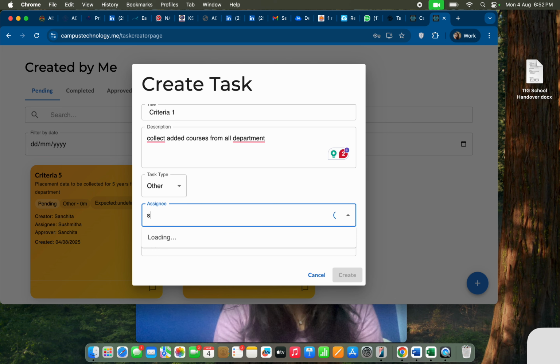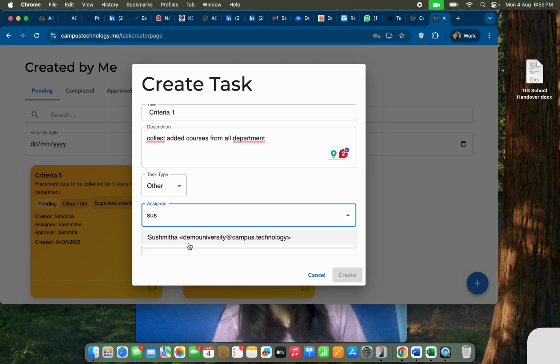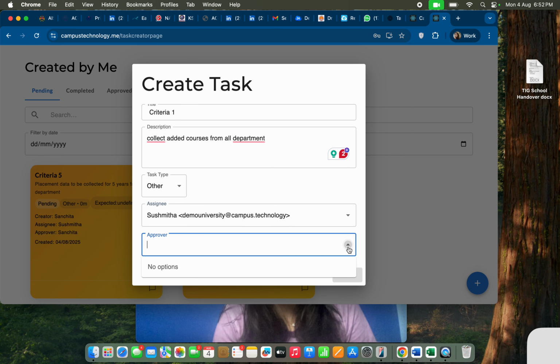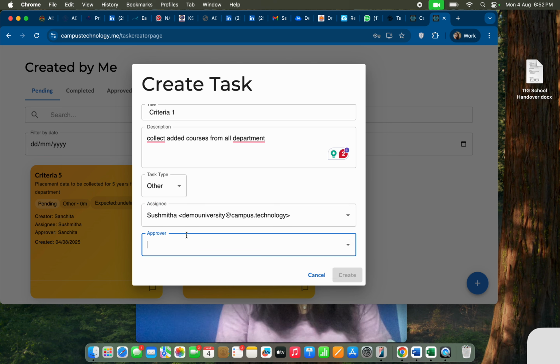For the assignee, it's a demo account, as I have told you. Just give me 1 minute, let me search. Yes, I have somebody by that name, so I'm adding. An approver cannot be the same person, so I have to look for an approver also.